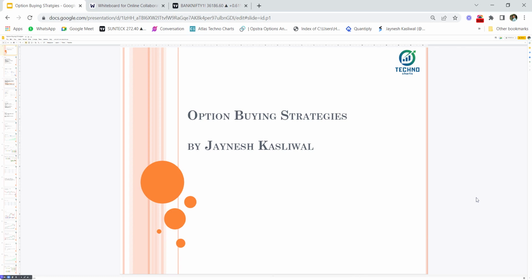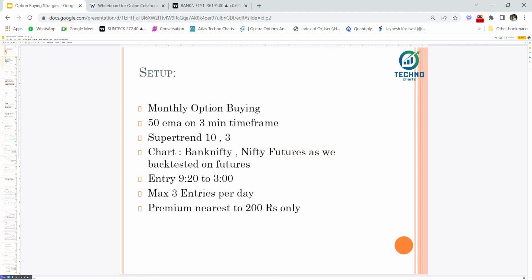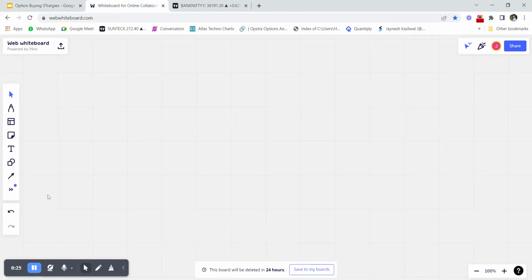Today I am going to talk about one of the most awaited option buying trading strategies. Now this option buying trading strategy is backtested both on Nifty as well as Bank Nifty futures, right? So what is the setup? We are going to look to buy monthly options because monthly options have really less theta decay. The nearest premium that we are going to buy is of 200 rupees. So monthly option buying means that we are going to look to buy options trading near 200